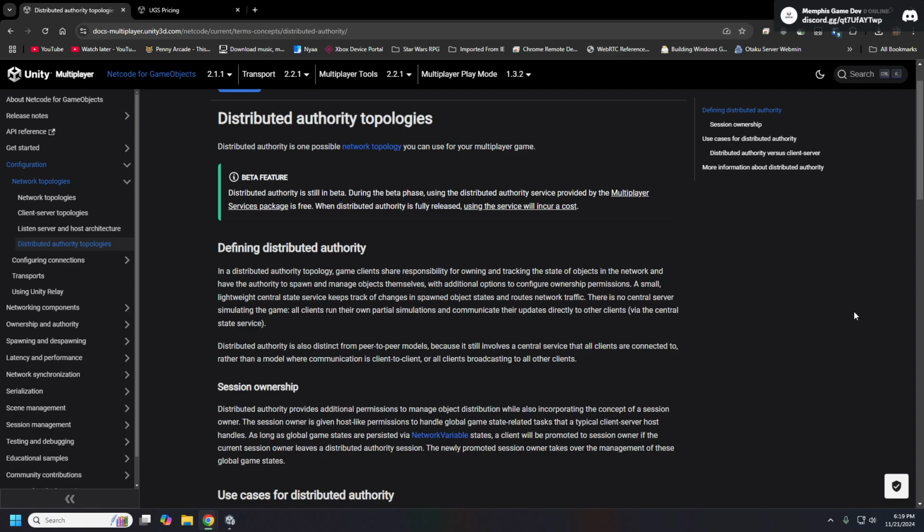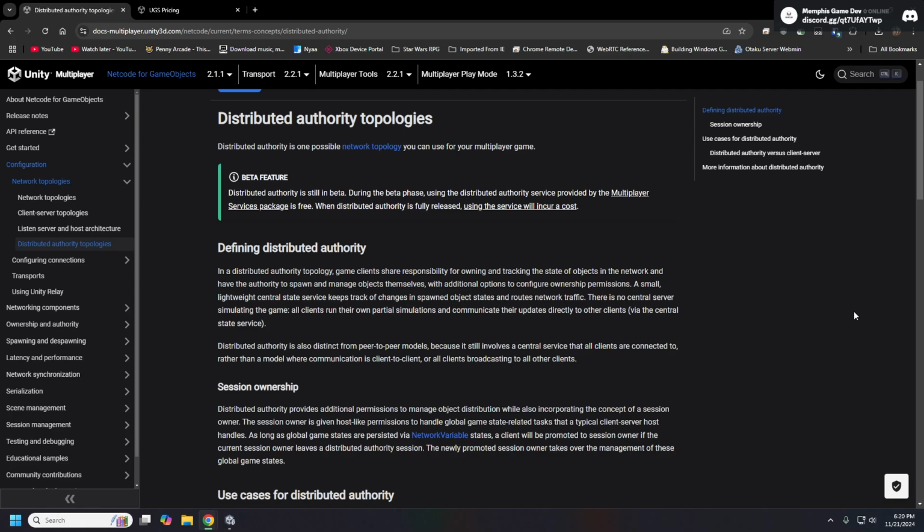What distributed authority allows for very easily is host migration. Since the authority is distributed among all of the clients, there is no central authority, so whoever owns the session can be moved over relatively easily.